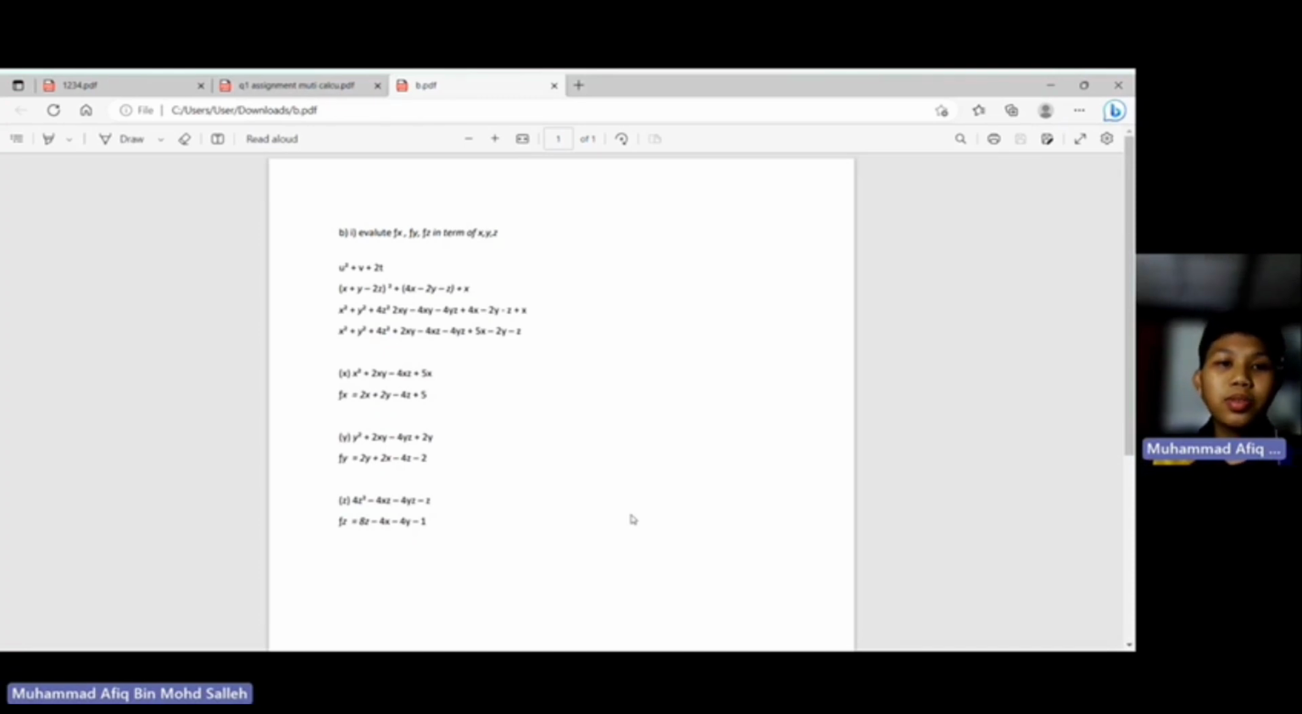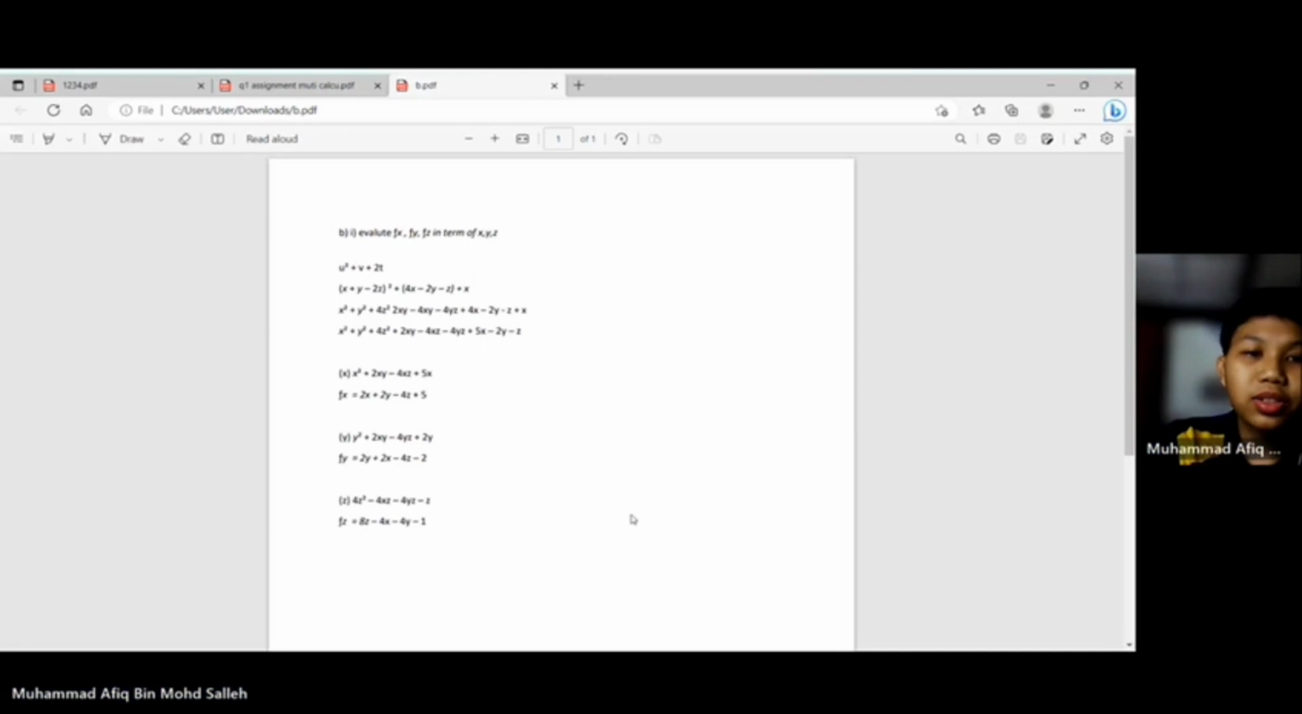So I will explain question 1B, 1 Roman. The question is: evaluate fx, fy, fz in terms of x, y, z. So let's see the manual solution from my group. So the solution is, as you can see,